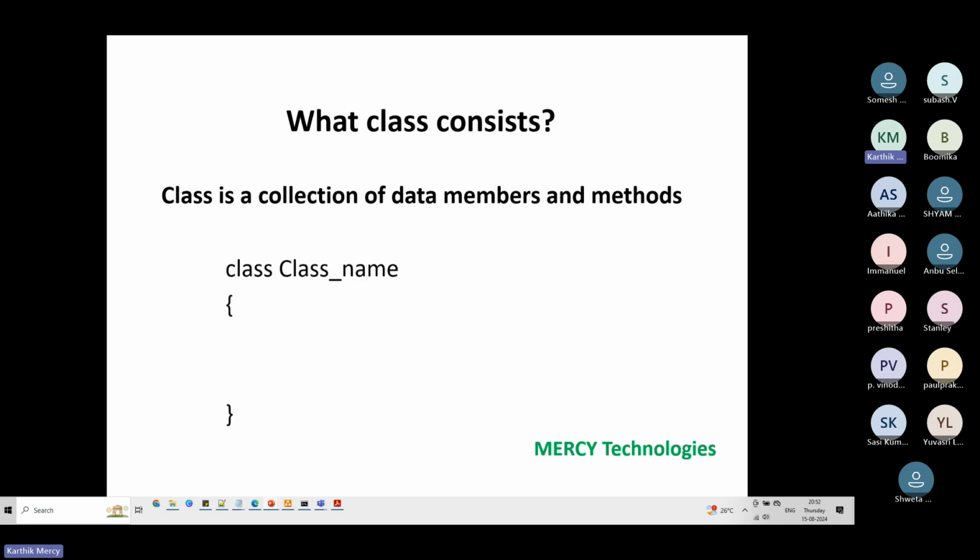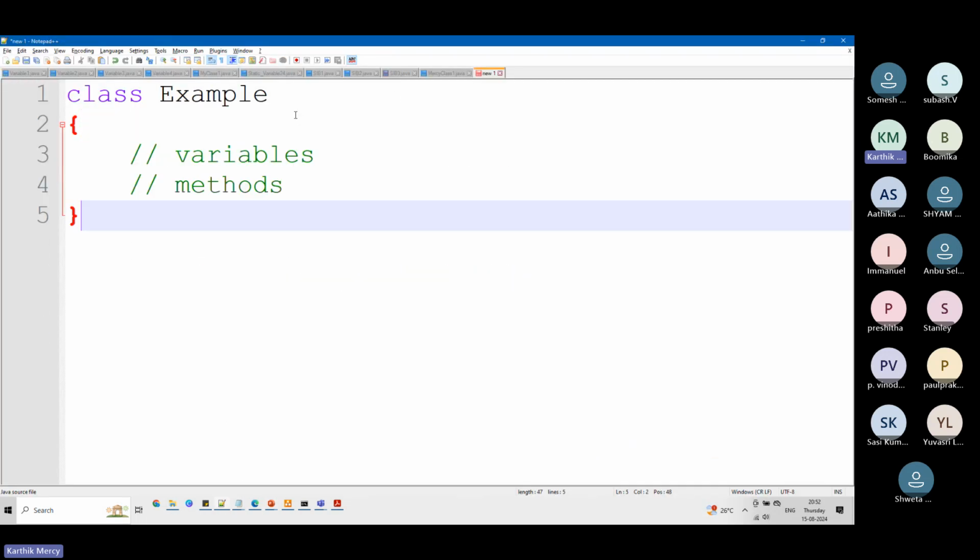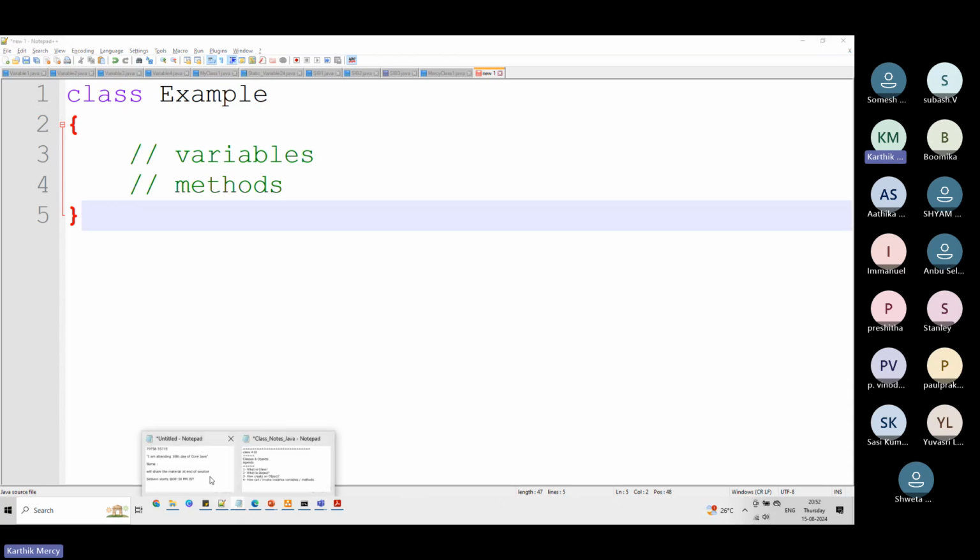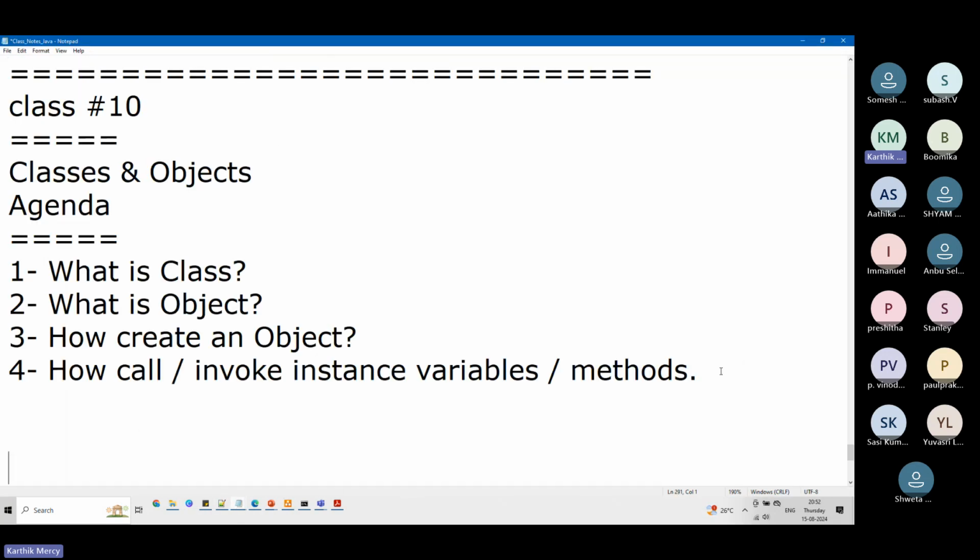And then this is the syntax. So what is the syntax? Class, the class name, and then we have an open curly brace and a closed curly brace. This we already know. Let's take the notes, because we are learning specifically about class.